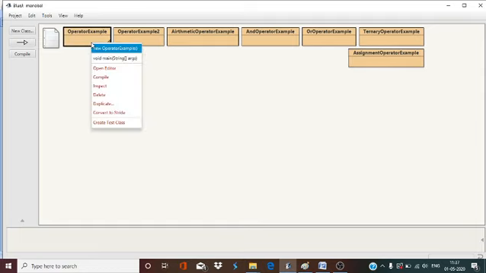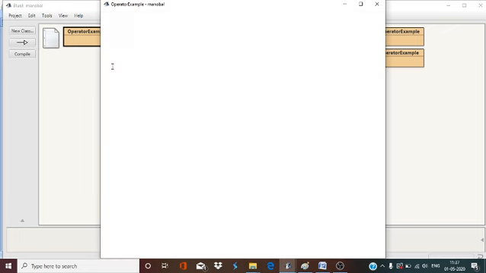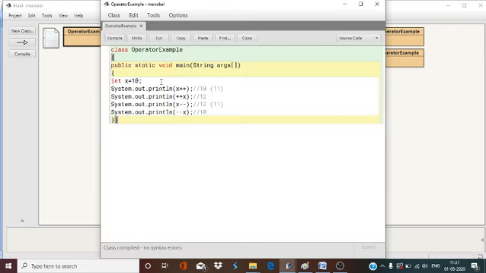So now go to BlueJ, open the editor and see the example. I wrote a simple Java program to explain the unary operator, prefix and postfix. I have taken a variable x whose value is 10. Now x plus plus.